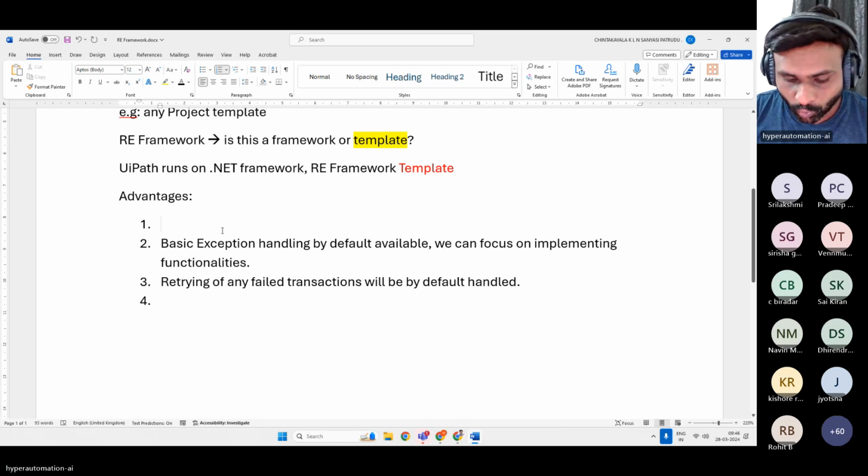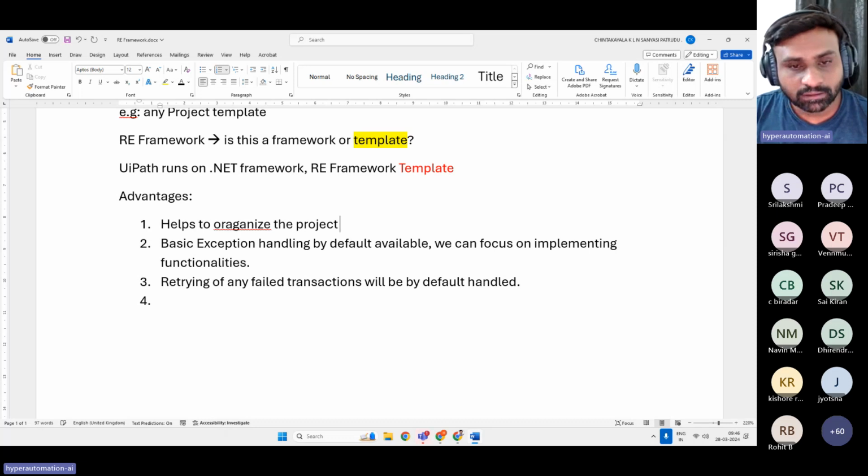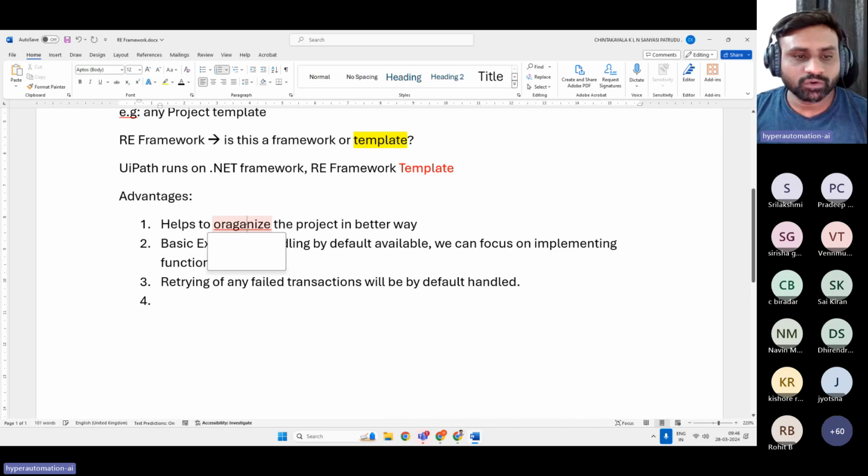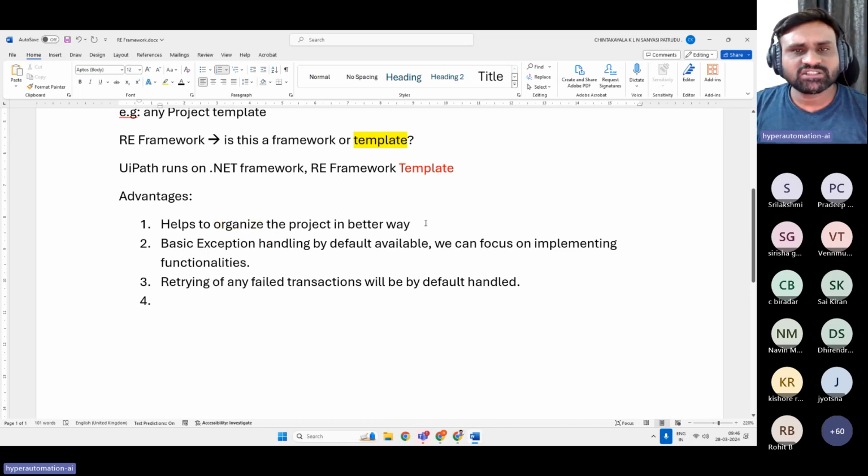It helps to organize the code and project in a better way compared to others. If you go with a sequence or a flowchart, we will have some clumsiness, but here this will organize your project in a better way. We will talk about how it organizes and on what basis it is built. There will be a base for any template, right? To build a template, we need to have a base. So we will see what that base is. And another advantage is